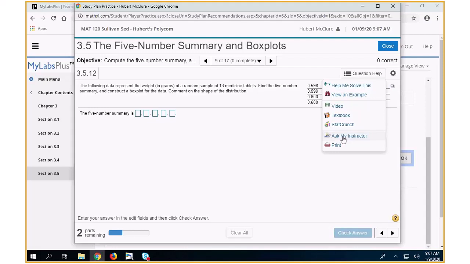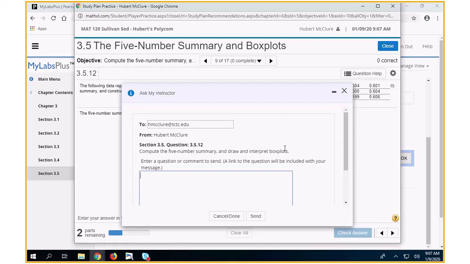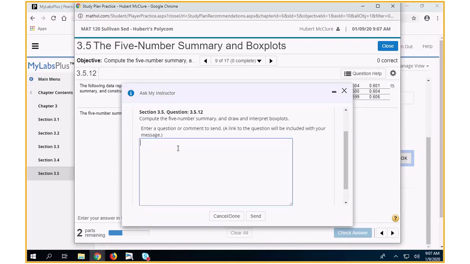Ask My Instructor. Let's say that you've watched my video on 5.1. You've gone through 5.1 and you've done all the questions except for 2. On those 2 questions, you've gone through and you've done all of these resources and you still don't understand number 2. Then you hit Ask My Instructor. It's just like office hours. Hit Ask My Instructor. You go here and say, if you did your, and I'm spelling that intentionally misspelling it, if you did your job,